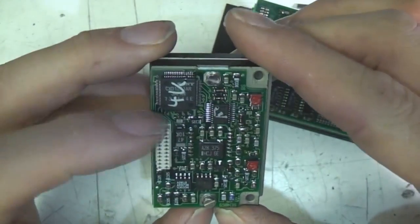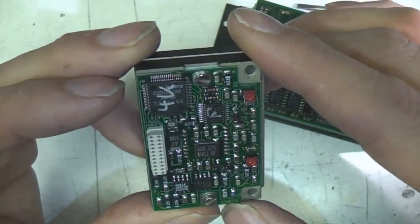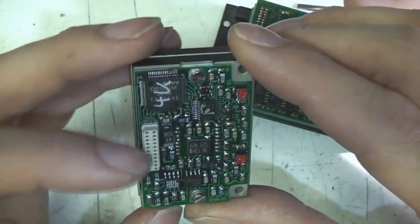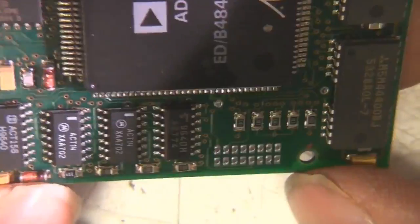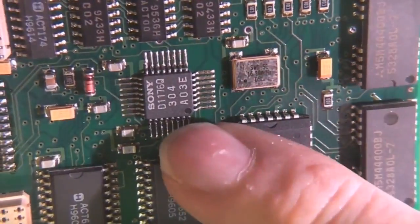So the front board, there's a Sony driver chip there. I'm guessing for something this age that might actually be, I don't know whether that's an analog or a digital output. Right, in this board we've got this big DSP on this side, a few bits of AC series logic. I'm sure these will be RAM, more on the other side. Flash memory there for program storage. Some buffers there. This is a 20 megasample per second A to D converter, so this is what's digitising the